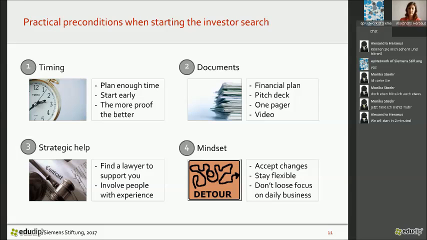So now that we know the process and the steps that we are expecting, I think it's quite useful if you are considering some practical things before you start. And these practical things start with the question of the timing. I wrote down here that you should plan enough time and start early, and on the other hand, you should start with the more proof, the better. So that's of course quite contradicting,